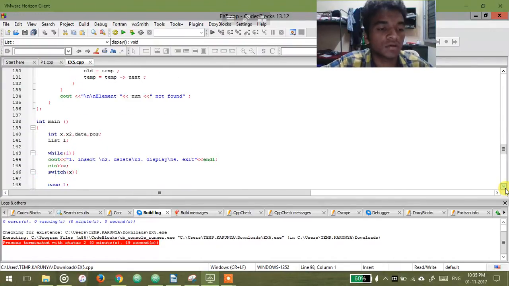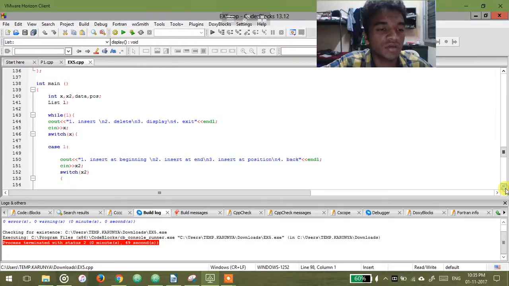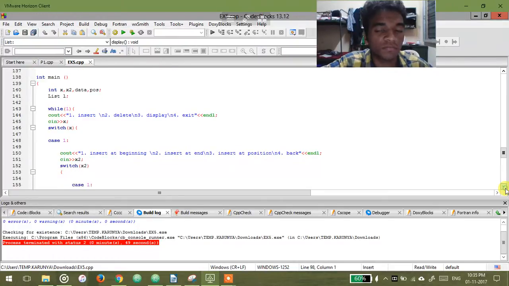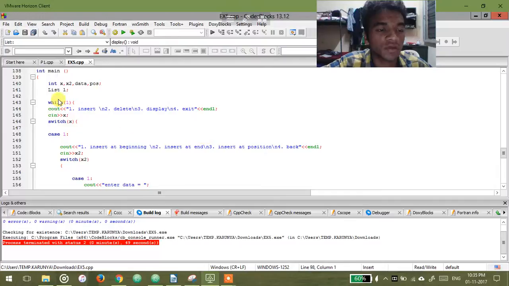And then inside the main function, this is a menu driven program, so inside a while loop we ask the user to input one